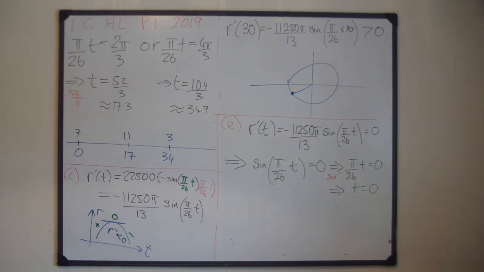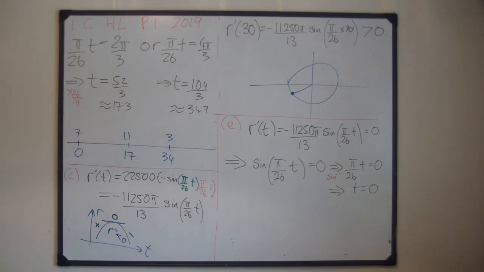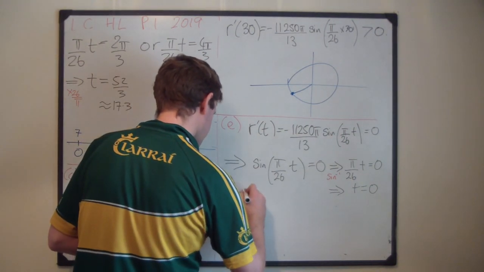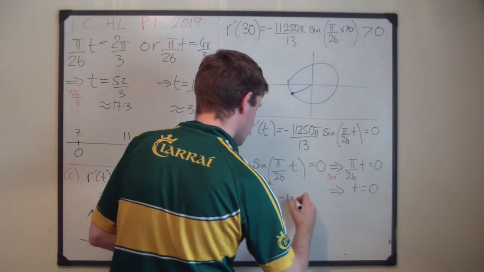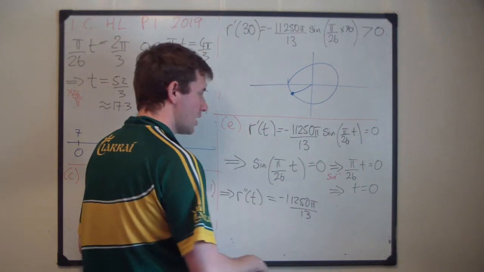Similarly, at a maximum, the second derivative is negative. At a minimum, the second derivative is positive. So what we're going to do is look at the second derivative at t equals 0, and we're going to look at the sign, and let's see what we get. So if we look at the second derivative here, fix this constant, do another